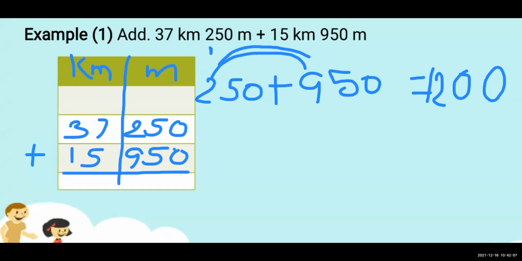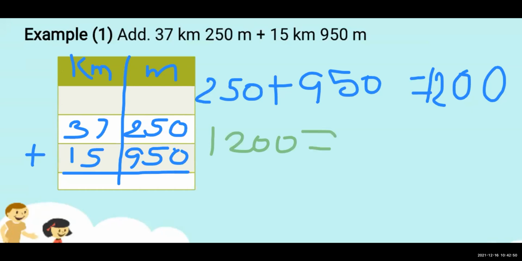See, after adding what I got the answer, that is 1200. Now here, what is the next step? 1200 I got. Now this 1200 will bifurcate in kilometer and meter.